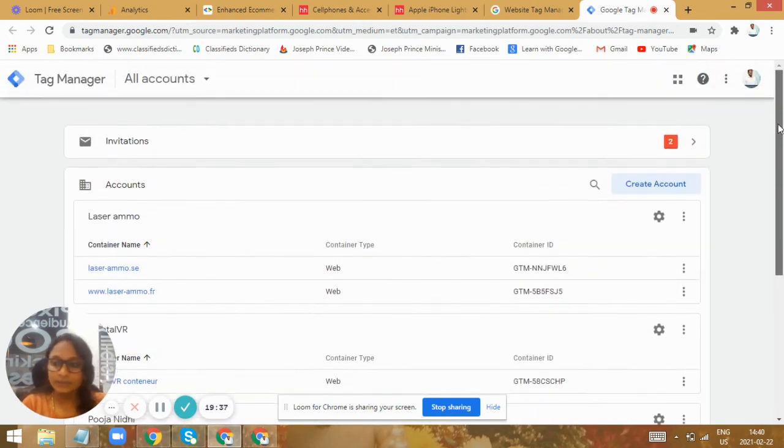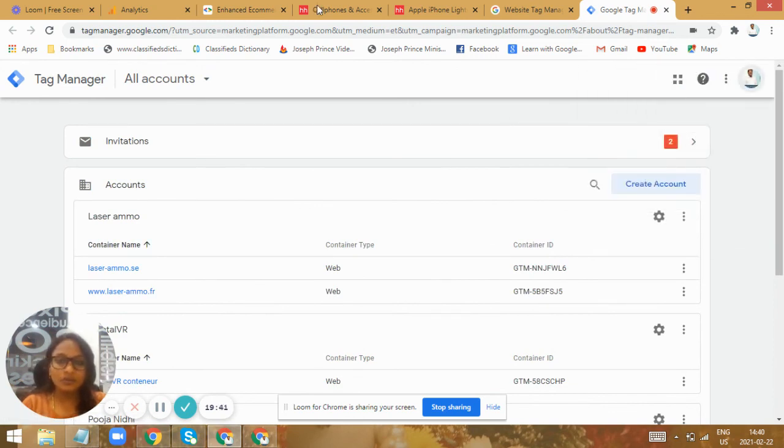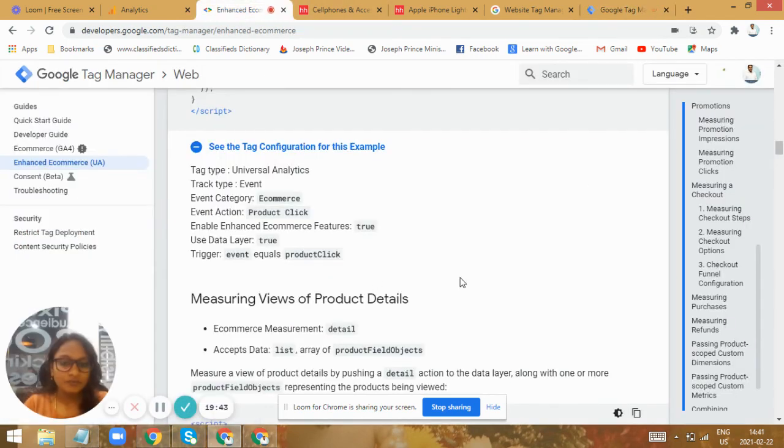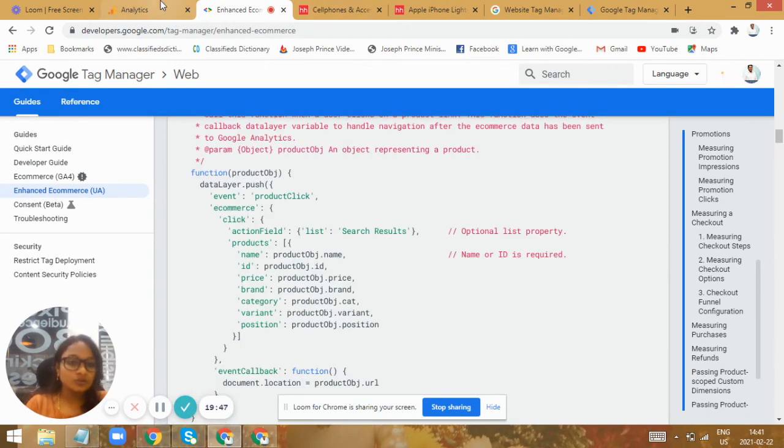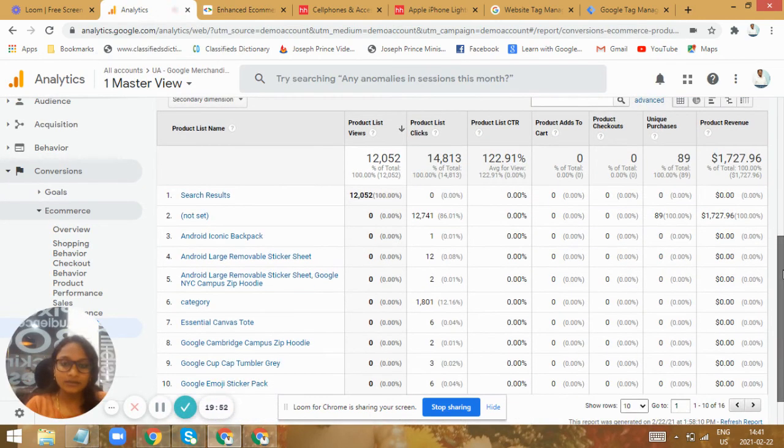So this is Google Tag Manager. Here you generate all these tags, and then you can send the data to Google Analytics. Once you send the data to Google Analytics, Analytics will know about the entire product details page, the clicks performed, and then you can generate a report like this: the number of views a product gets, the number of clicks a product gets, and everything related to a particular product in a category page.